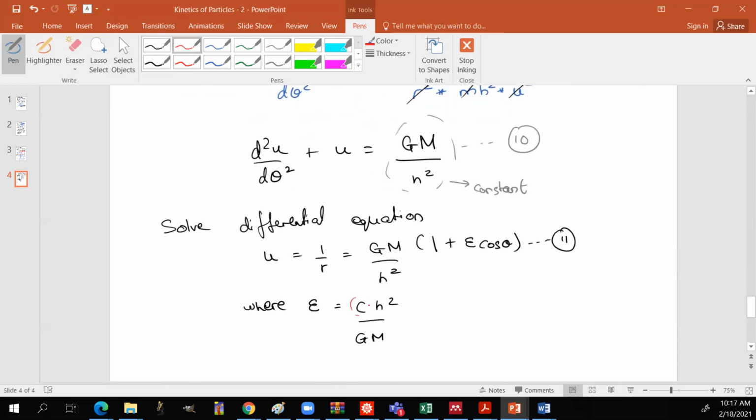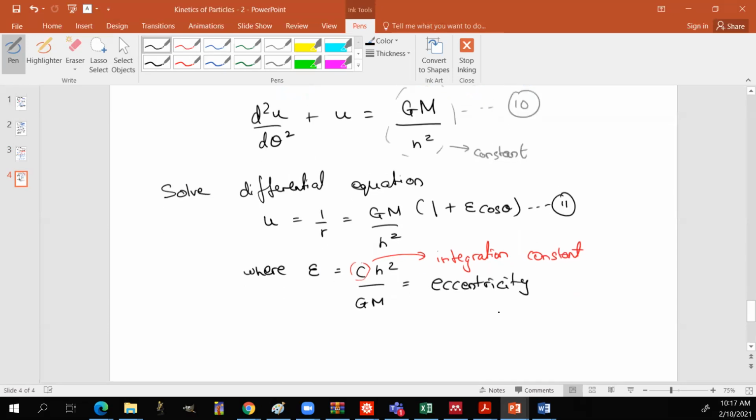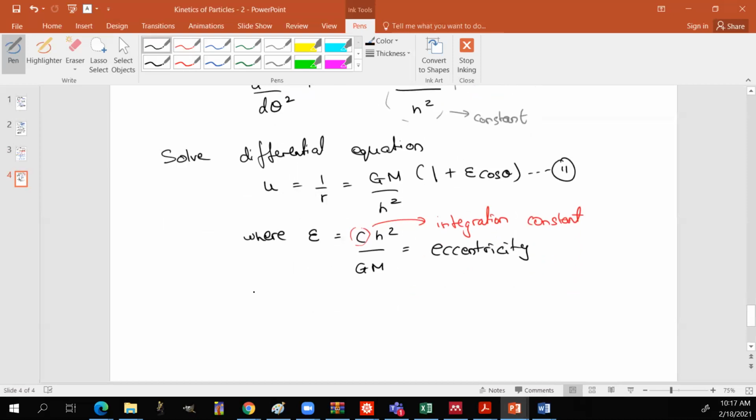The C term is just an integration constant, which dictates what kind of path you're going to have. This epsilon is what's known as the eccentricity, and depending upon its value, the trajectory